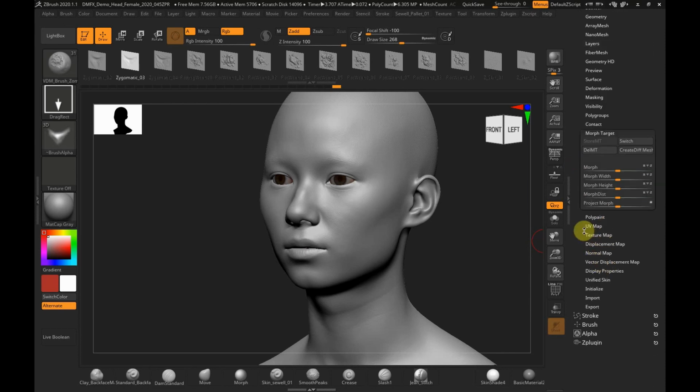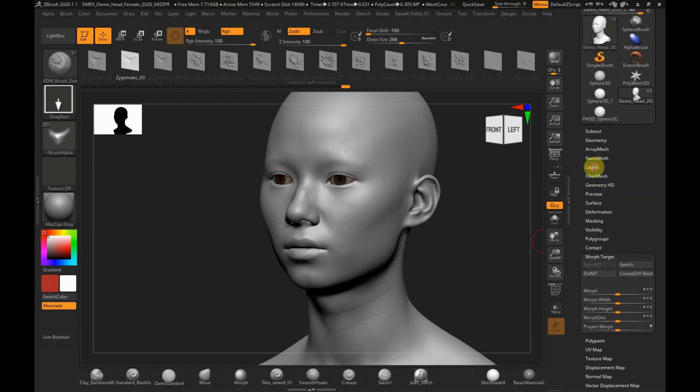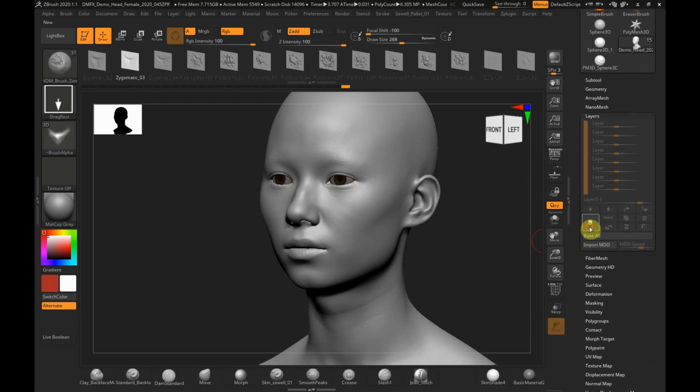Before I do any of this kind of work, I always set a fresh morph target. So morph target first, now we go to layers. Press the plus sign and it creates a layer, and it's got this little button that says record. I'm just going to call that morph. So the morph is my safety layer, my base layer. Then I'm going to press again, and I'm just going to call that